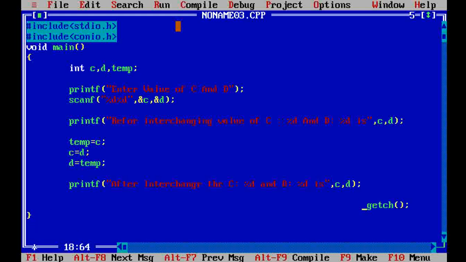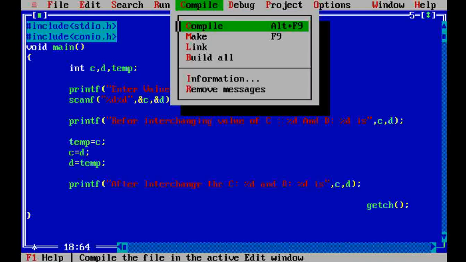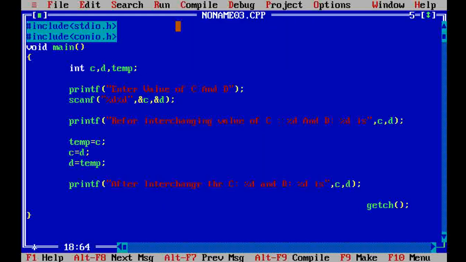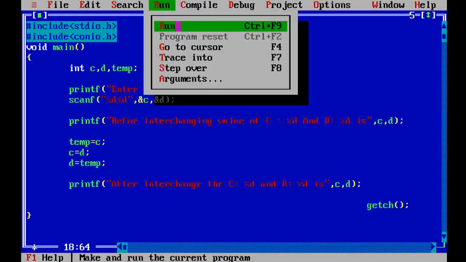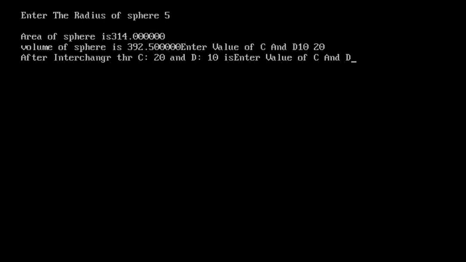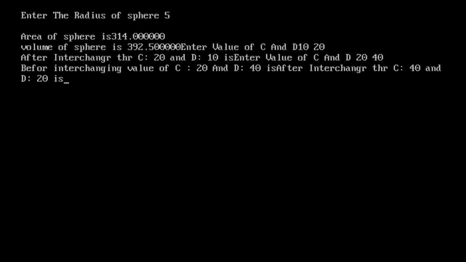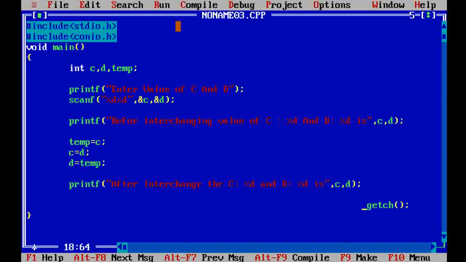Now we will see the output by compilation. There is no error. After we execute or run the program, we will see the output. The value of C is 20 and D is 40. Before interchanging, C is 20 and D is 40. After interchanging, C is 40 and D is 20. Okay.